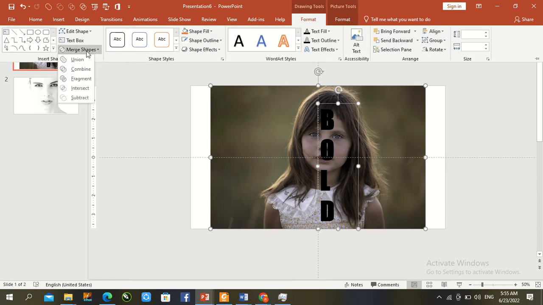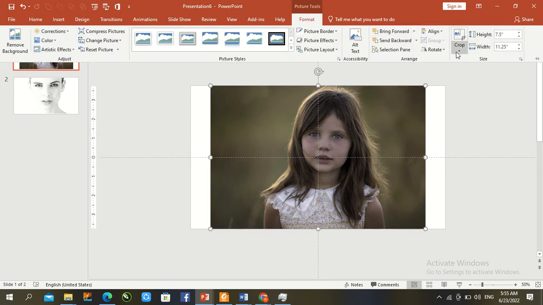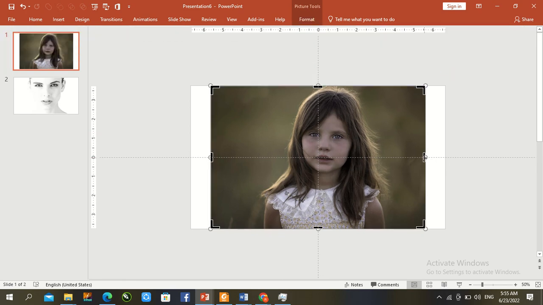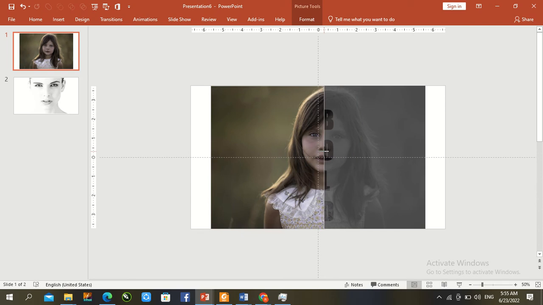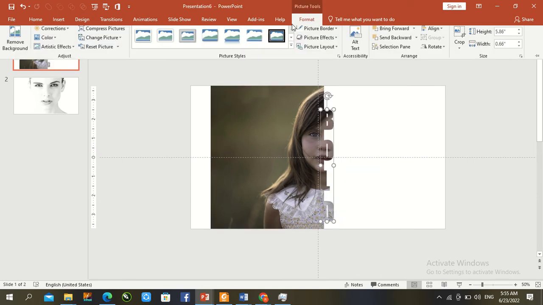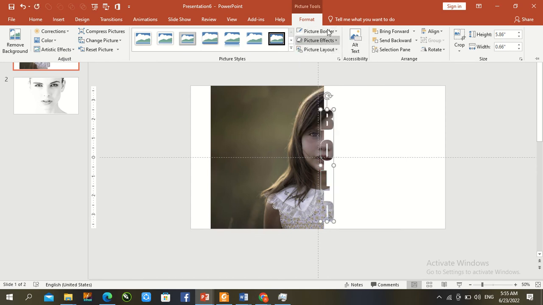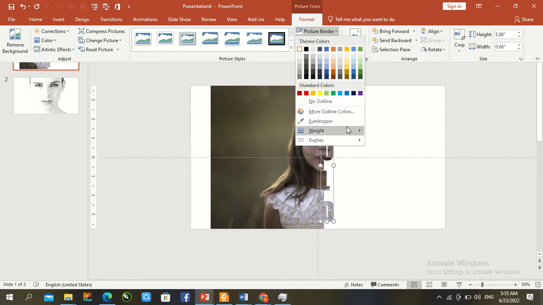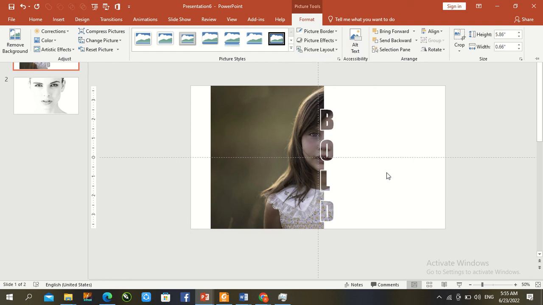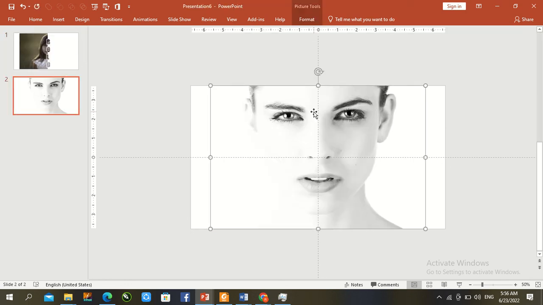Format, shape, intersection. Go to crop image. Format, border, white color, and increase the weight to 2.5. Go to the second image again, Control D,